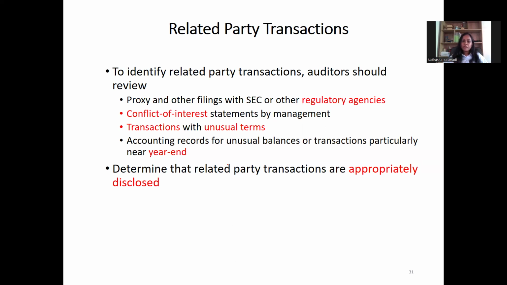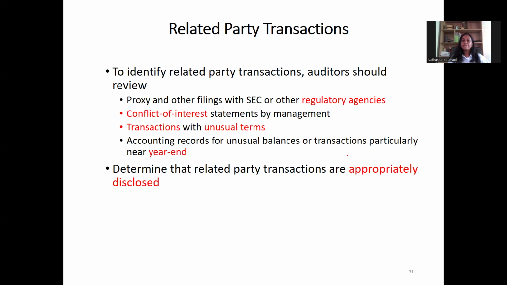To identify related party transactions, the auditor should review proxy and other filings with the SEC and other regulatory agencies, conflict of interest statements by management, and transactions with unusual terms. Now, there should be agreements between the two parties for the terms and conditions. So, you have to see whether there are any unusual terms, and accounting records for unusual balances or transactions, particularly near the year end. You have to see them